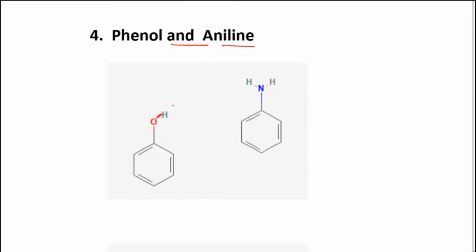So now here, phenol, the alcohol, has hydrogen bonding, and aniline also has hydrogen bonding, because you can see here hydrogen is attached to an electronegative atom. But when phenol and aniline are mixed together, it is found that the hydrogen bonding between phenol and nitrogen is much stronger than what they had between phenol and aniline. So it is showing negative deviation.